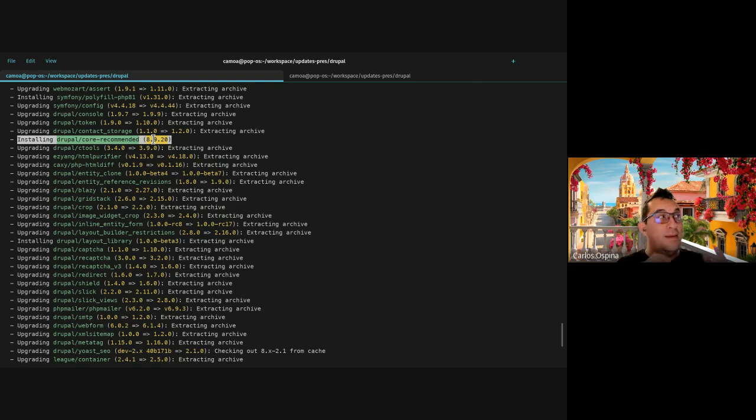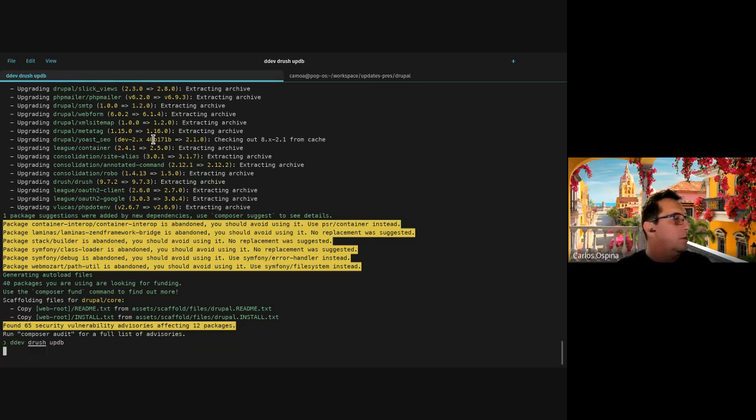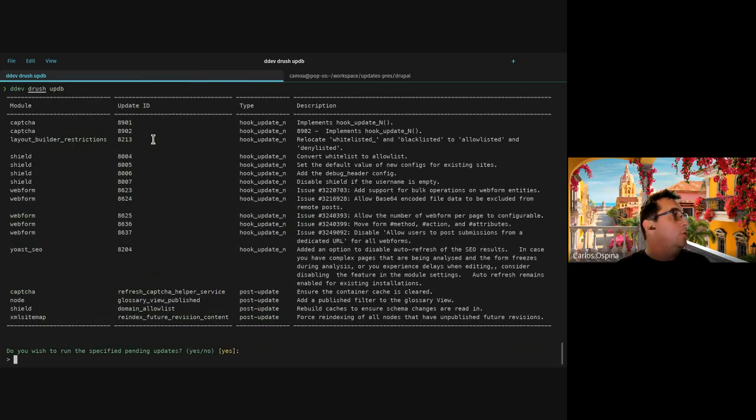So now that we know Drupal core was updated and modules were updated, every time we run composer update, it needs to be followed with ddev drush updb, to update databases. And we're going to see that some modules, CAPTCHA, layout builder restrictions, shield, web form, Yoast SEO, node, and XML sitemap have update hooks